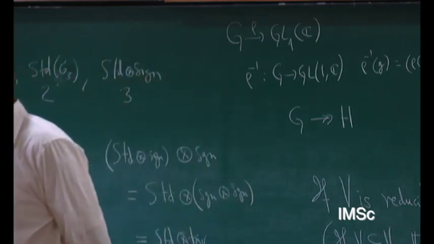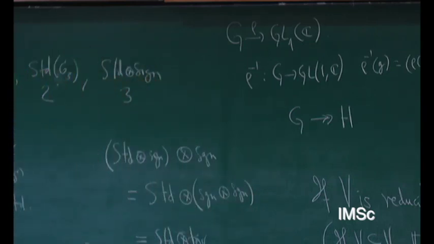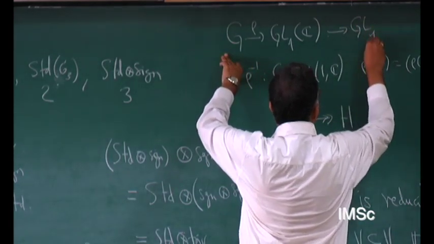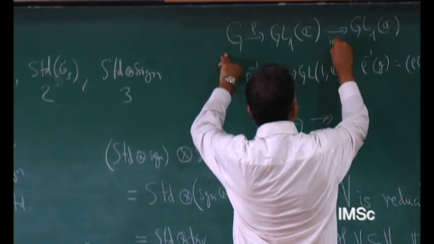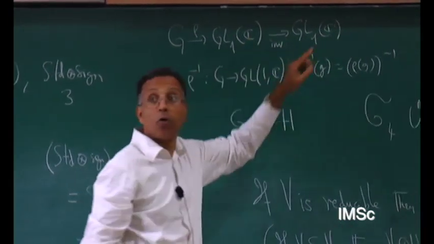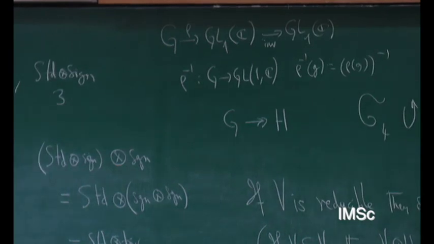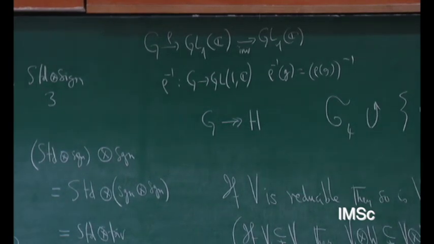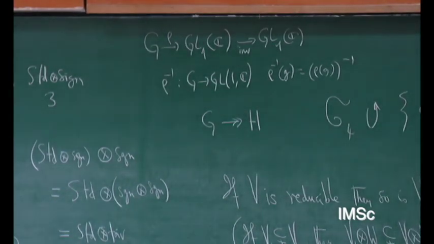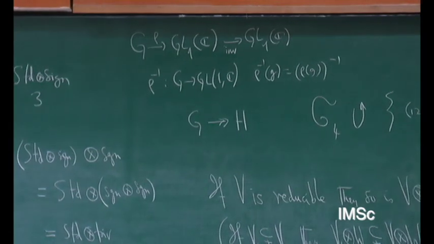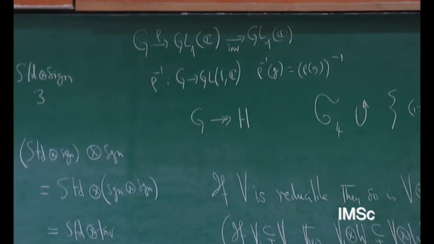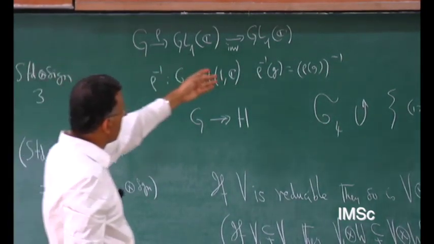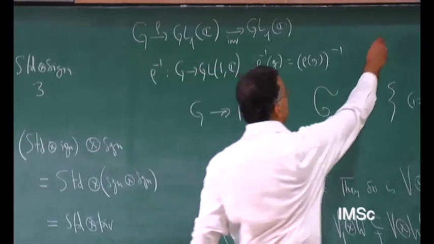That's a representation, because composing this is like composing the inverse. This is a group homomorphism because GL1C is an abelian group. G going to G inverse is not a homomorphism for groups in general, it's an anti-homomorphism. But for abelian groups, it's a homomorphism. So composing this, you get rho inverse, and you can see that rho inverse tensor rho